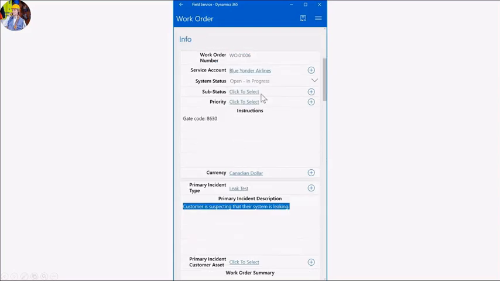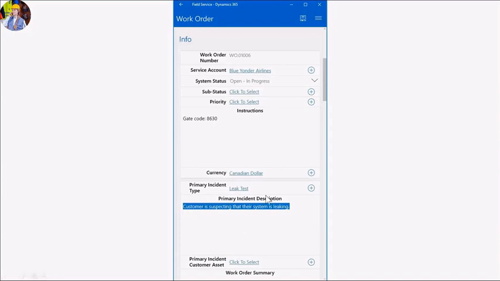to that as well. So scrolling down the form a bit, I'm getting more information around this work order: who the service account is, where I need to go, how to get there. As you can see here, these are some instructions that are actually tied to the account form within Dynamics CRM or Dynamics 365. And so anytime that we create a work order tied to that account, I'm going to get this instruction through to my app here. And then you can see what we're doing here today is a leak test. We have a little description of what that entails. So even if it's something that maybe you haven't done in a while, you can get a rundown of what's